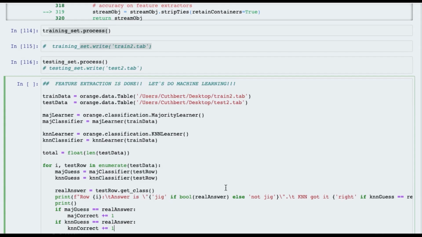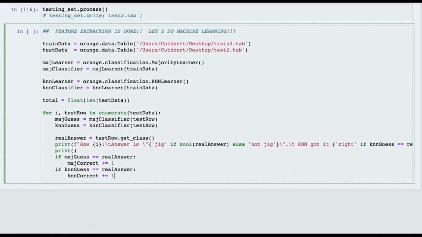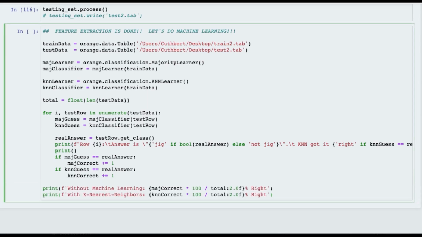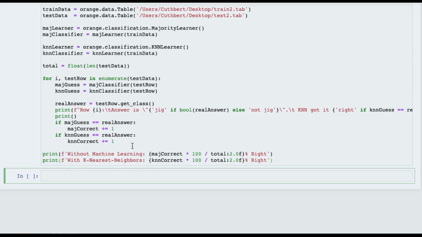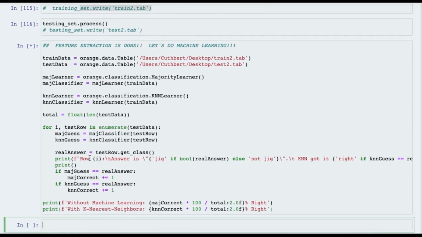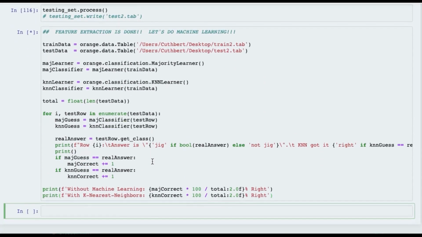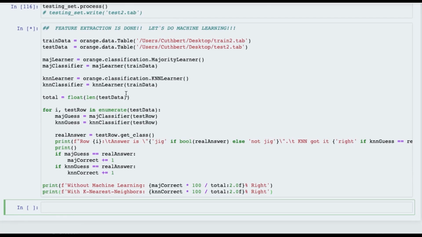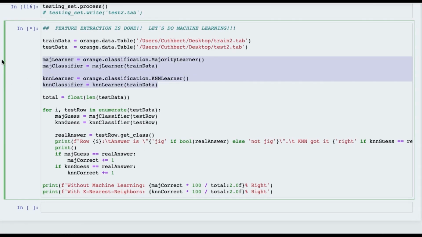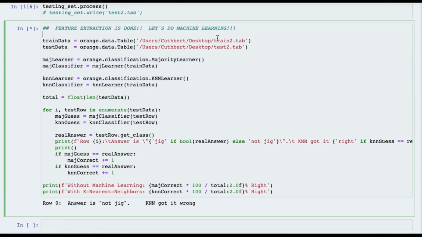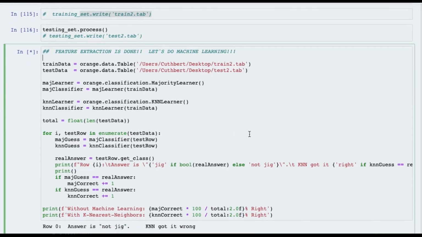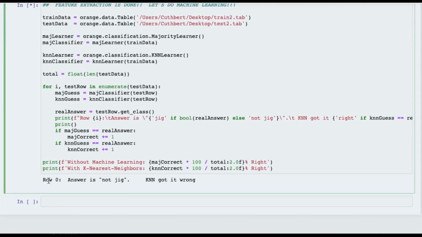Great. We're going to run this again, and then we're going to print everything afterwards. Great. And that's going to go through and it's going to print a couple things. How are we doing? We've given it a lot more things to train on, so a lot more data. These are much bigger files because of all the different feature extractors, so it takes a while. You can see in all this time, it's just done one row